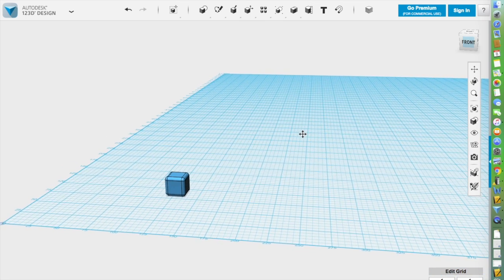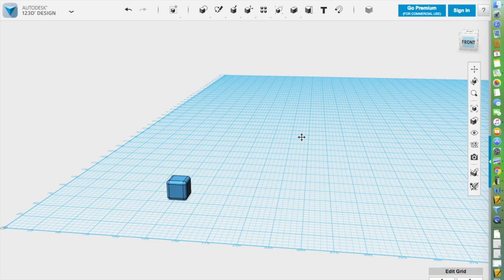So these are some of the basic things you will need to get around 123D. Follow along and make sure you and your